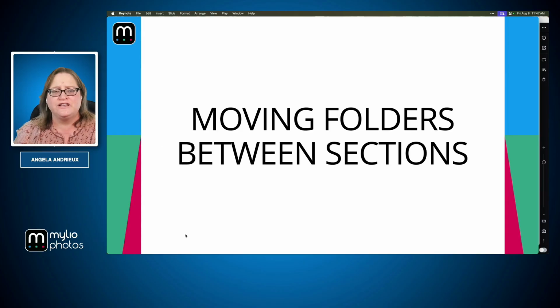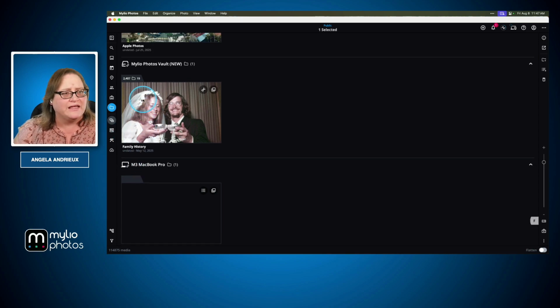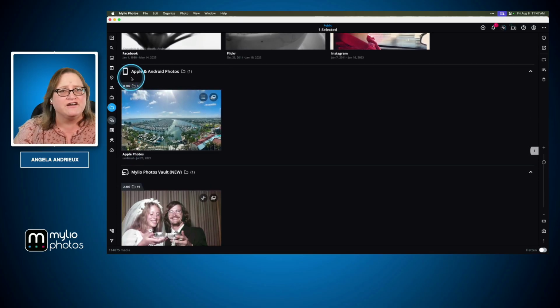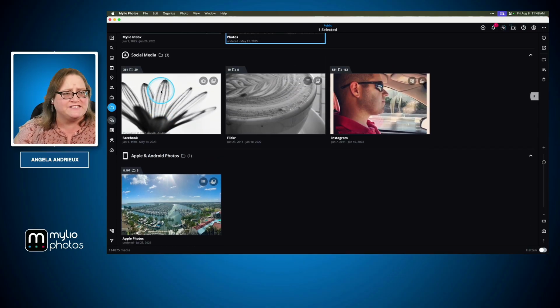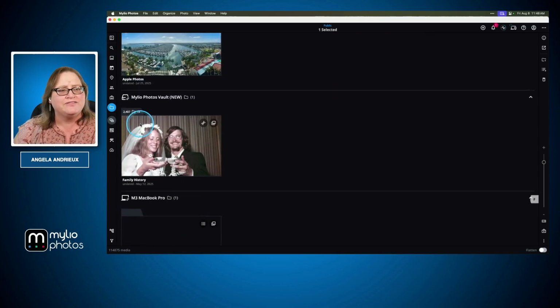The next thing you're going to want to do is moving folders between those sections. If you have something that is on a linked folder, so in this case, you can see this is a computer with a linked folder. This is a drive with a linked folder. If you go up here, these are not considered linked in the same way. So these have to be moved around separately, a little bit differently, if they don't have that little link. You can see none of these have that link,